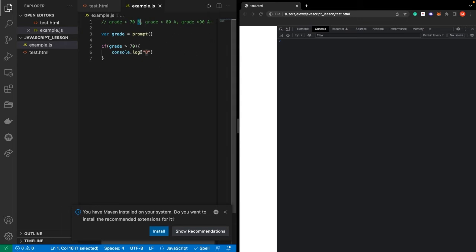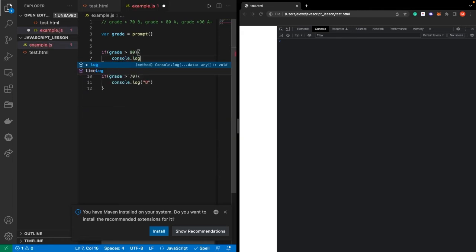If grade is greater than also 80 and 90, I want to give different grades. In this case, it'll always be B as long as it is greater than 70, whether it is greater than 80 or not, or greater than 90 or not. So in that case, what I have to use is a couple of if statements. So I have to do if grade is greater than 90, so starting from 90 would be logical in here, and then descending. I will do console.log A plus,